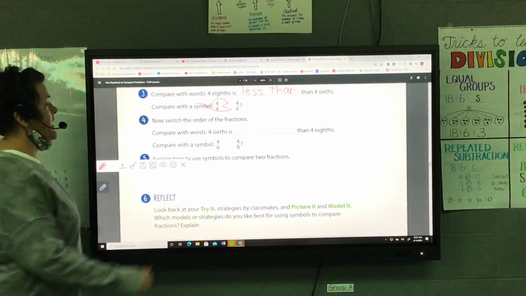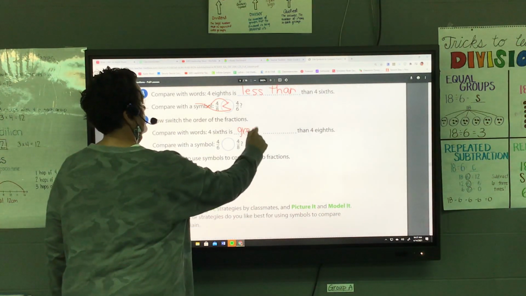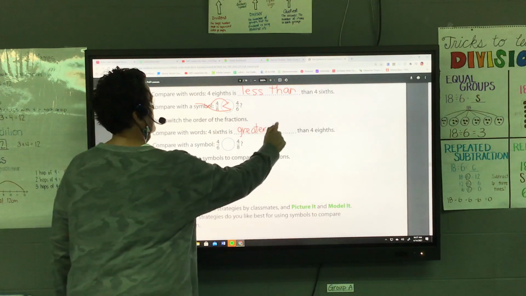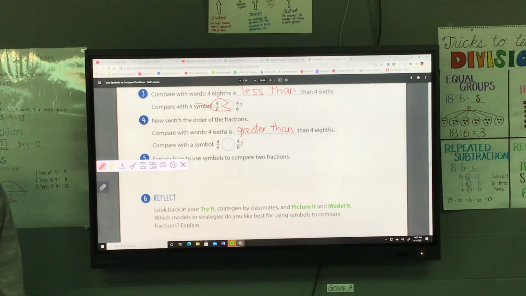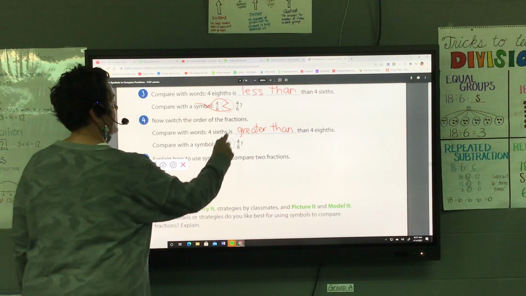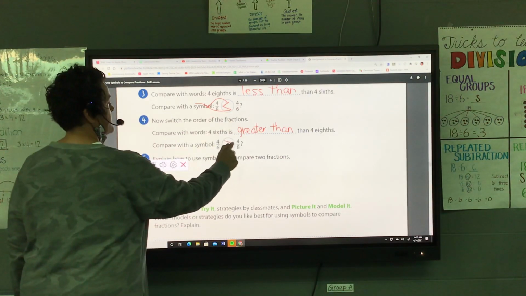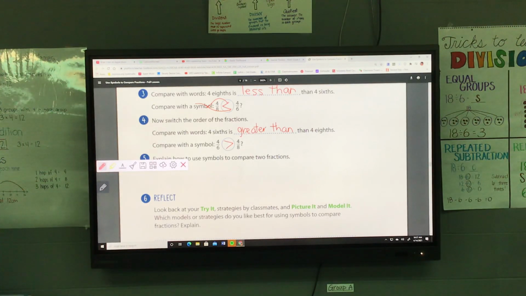It's greater than. So words first, greater than. And then the symbol next. 4/6 is greater than. It's still going to be open to that big number. 4/6 is greater than